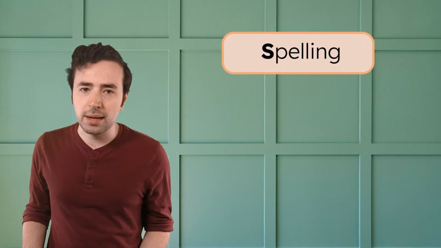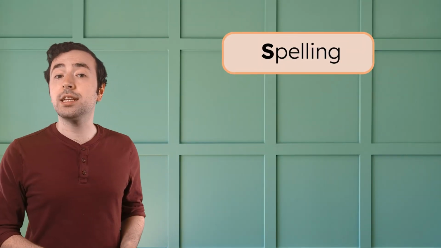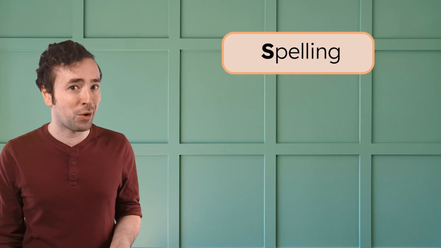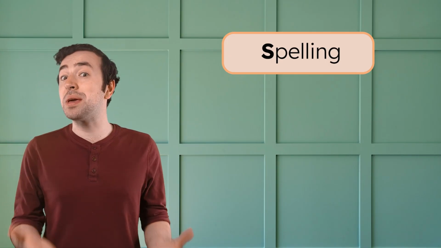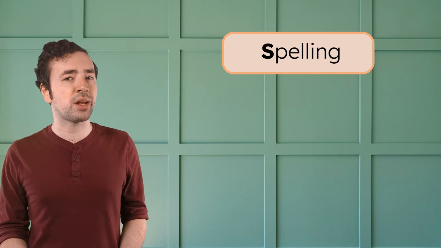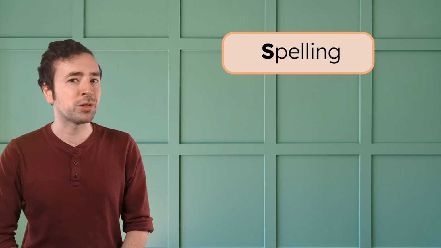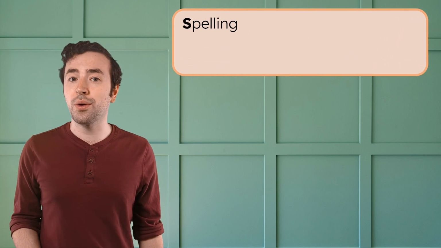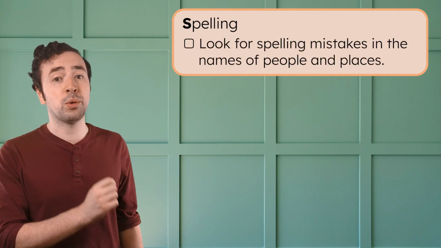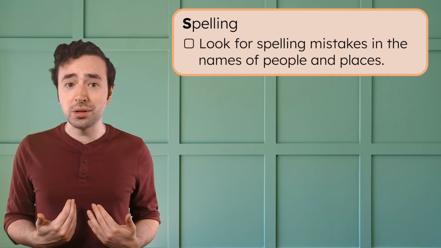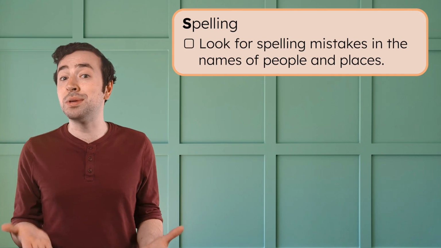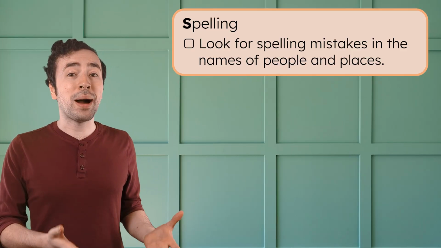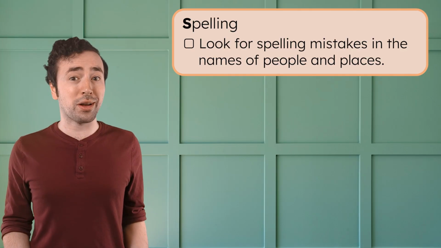Just like the last times we've edited, we check for spelling mistakes by circling any words that we think might be spelled wrong. Since spelling mistakes can be a big barrier to readers clearly understanding our writing, it is always important to check for spelling. In news articles, the most important spelling mistakes to look for are in the names of people or places. As journalists, we would never want to misspell someone's name or a place, because then our readers might not trust that we know what we're talking about.